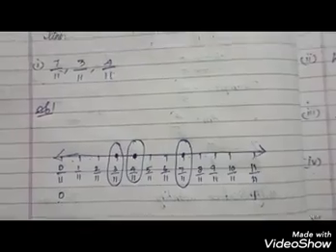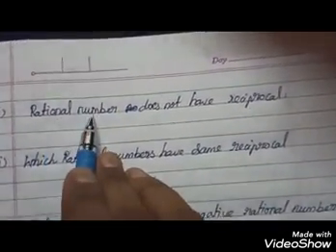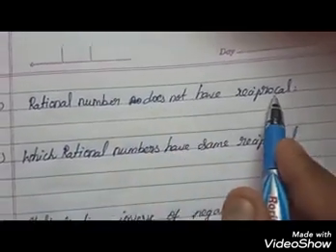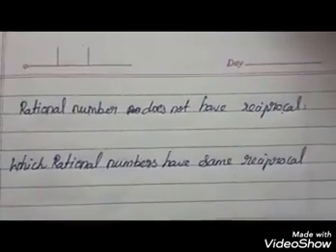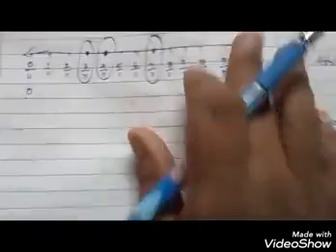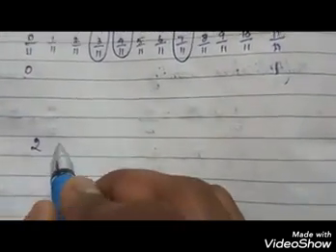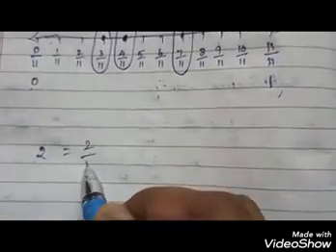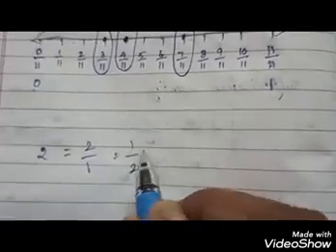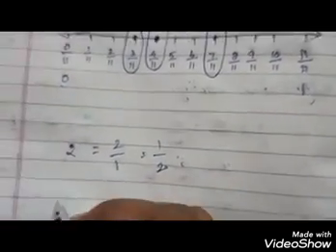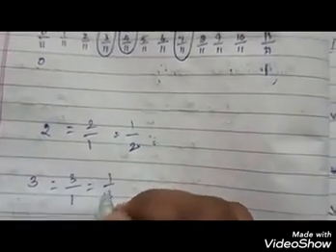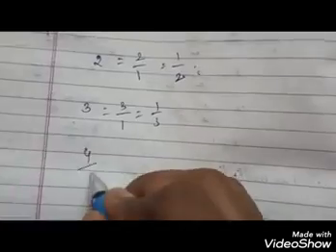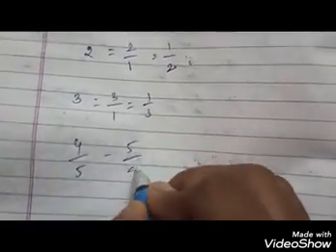Next I have to show some one word questions. Which rational number does not have a reciprocal? You can think, for example, you see 2, how can you write 2? As 2 by 1. What is the reciprocal? 1 by 2. It is satisfied. It is a rational number. 3 should be 3 by 1, and its reciprocal 1 by 3, or else 4 by 5 becomes 5 by 4.